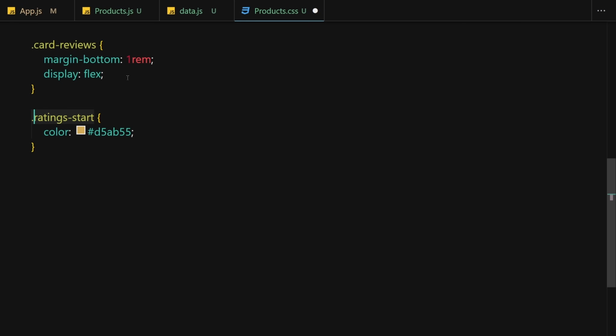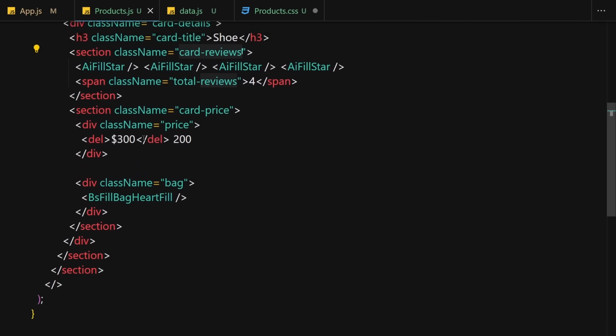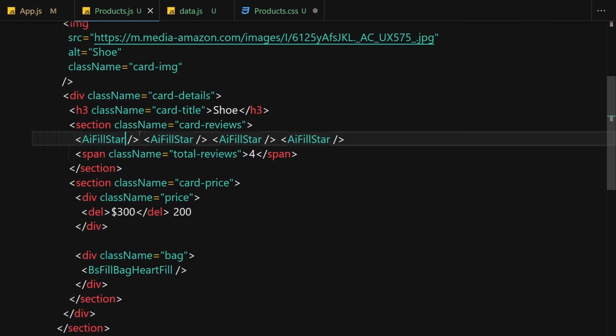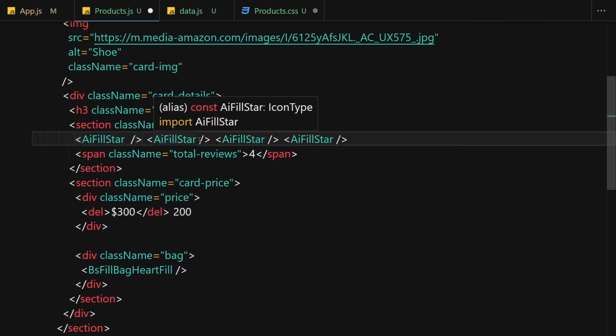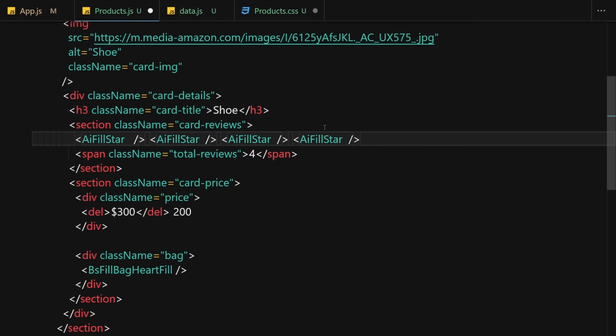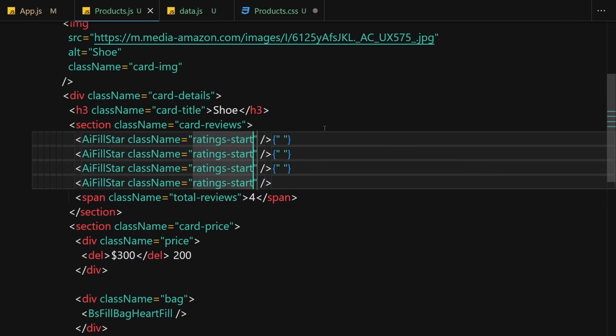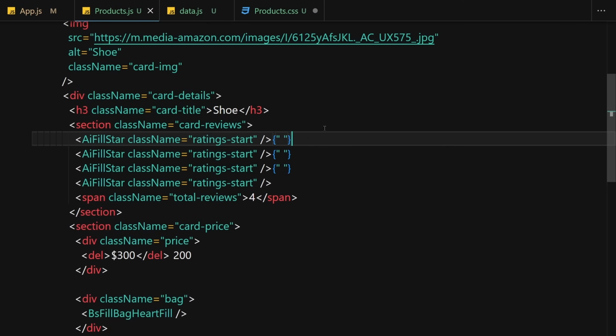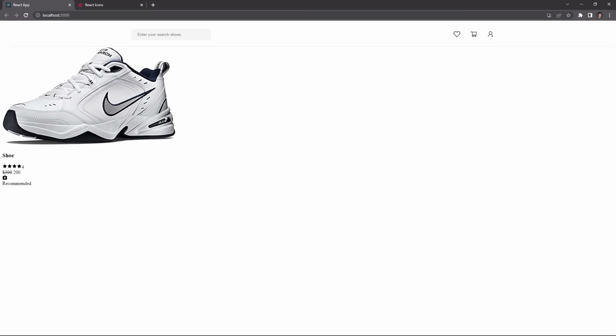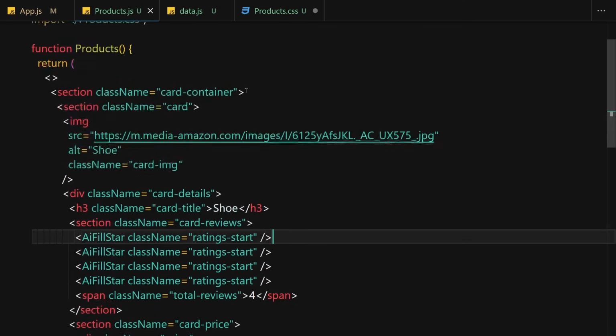I'm going to copy this class from here, and I forgot to include it right here because we are going to be putting all of these icons inside our data file. We already have that, but we will take care of that later in the refactor section. So now let me just remove the stuff from here like so, and we just provide these classes to it. Yep, that's cool. Save my file, and now I'm going to refresh it,